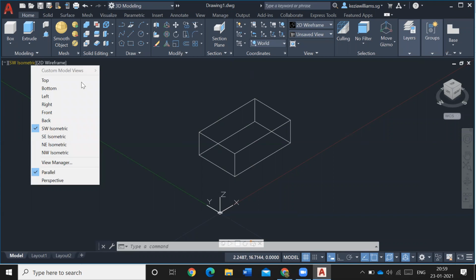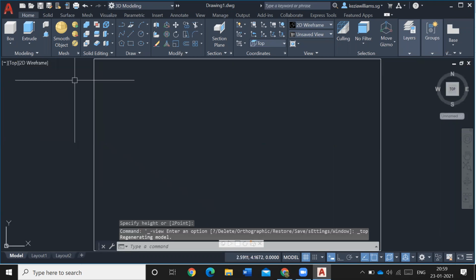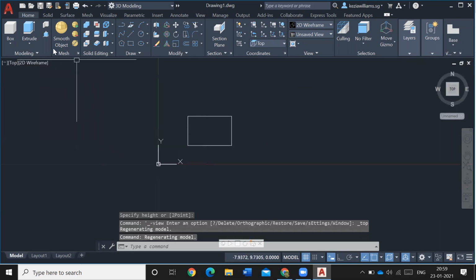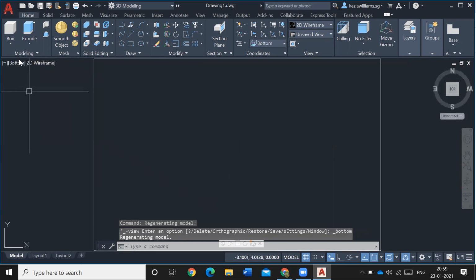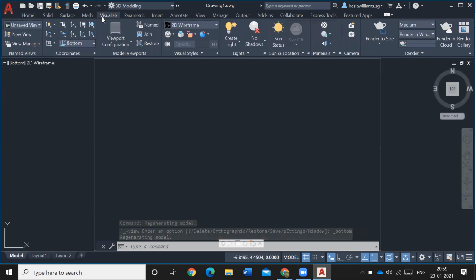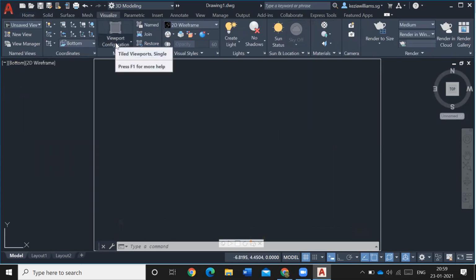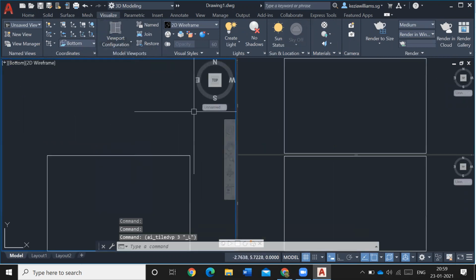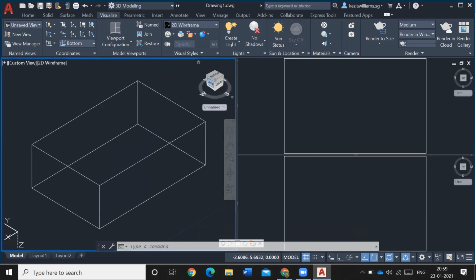Okay, so this is called orthographic view. Orthographic view is the top view, or left. I'll change to visualize, then it's easier to understand. I put three views. What is this called?